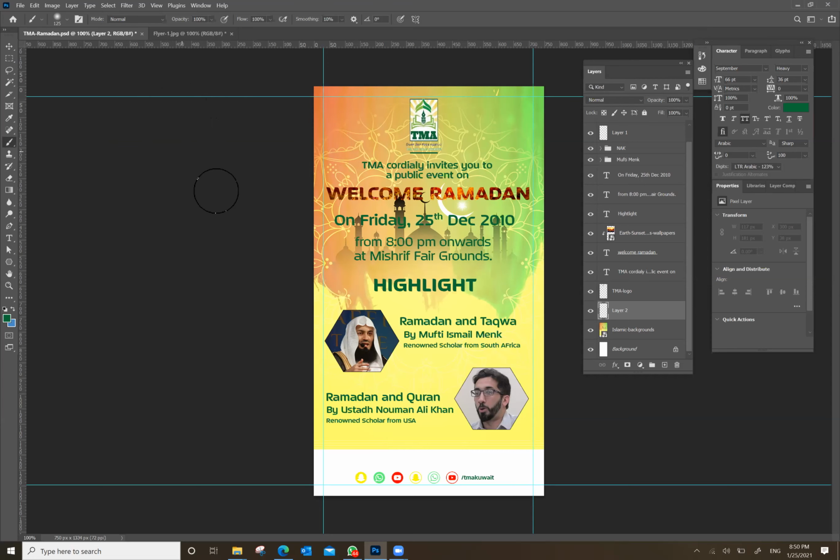Now, if you see, it has a round shape. So this round shape will tell you what is the size of the brush. So with the help of curly braces, if you see the keyboard, there is one key which we generally call a curly brace. So if you press the right one, the size will increase. If you press the left one, it will decrease. Is this okay? You're getting my point? Did you get which key I am referring to?